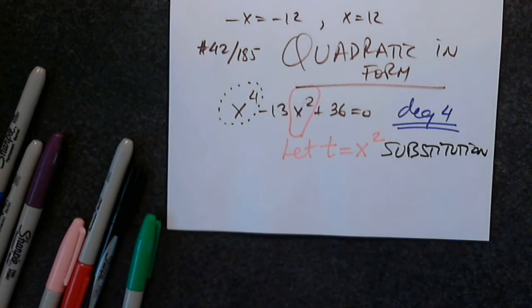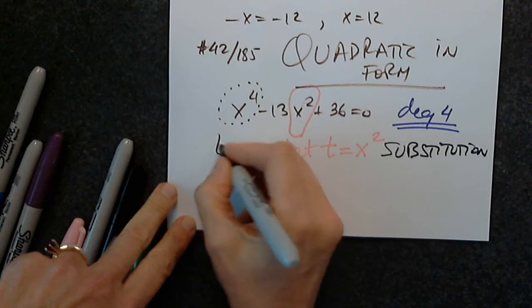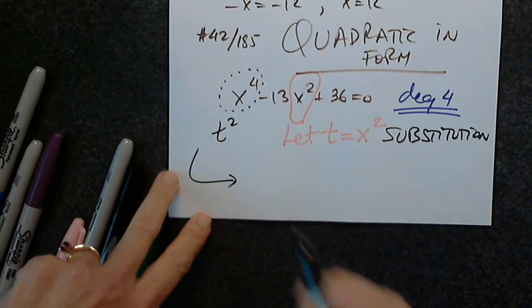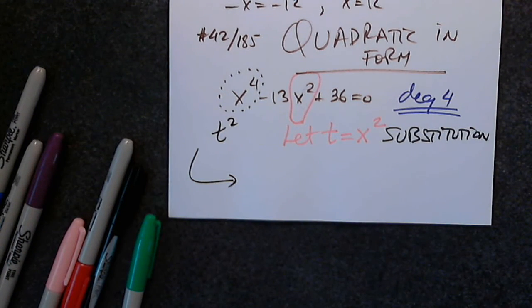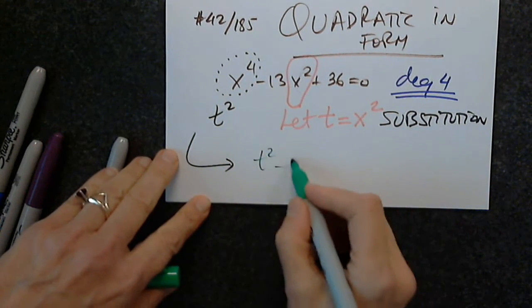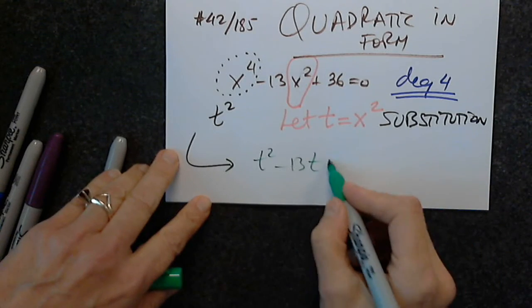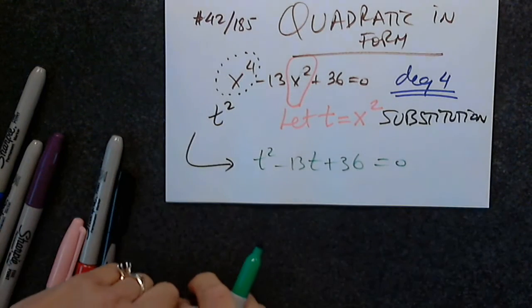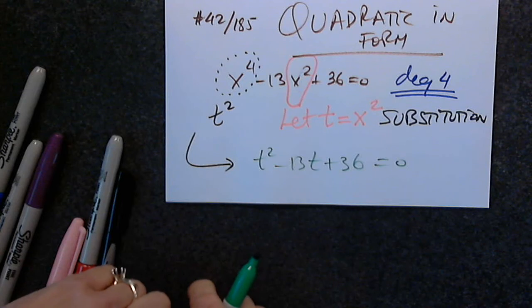Why is it called substitution? Because I'm replacing x squared by t. So then, yes, this will be t squared. Can anyone give us the new equation? What is the new equation that we have to solve? Can anyone dictate? Yes? That's it. And this is not a big deal